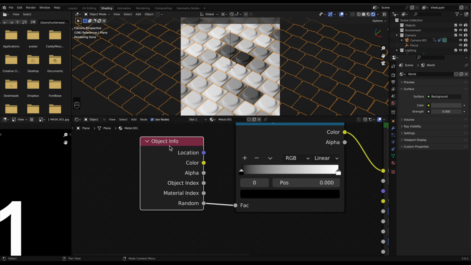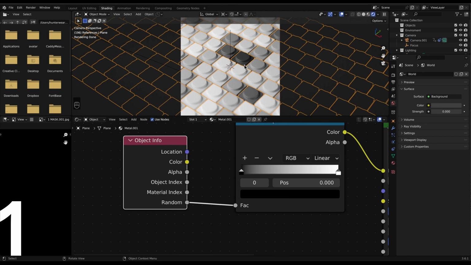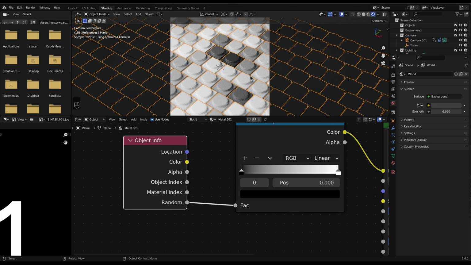So let's say this will output a value of 0.5. And so basically 0.5 is like gray, it'll be in the center here. And so then this object, say this one gets 0.5, but this value here has got 0, so it'll generate a color of 0.